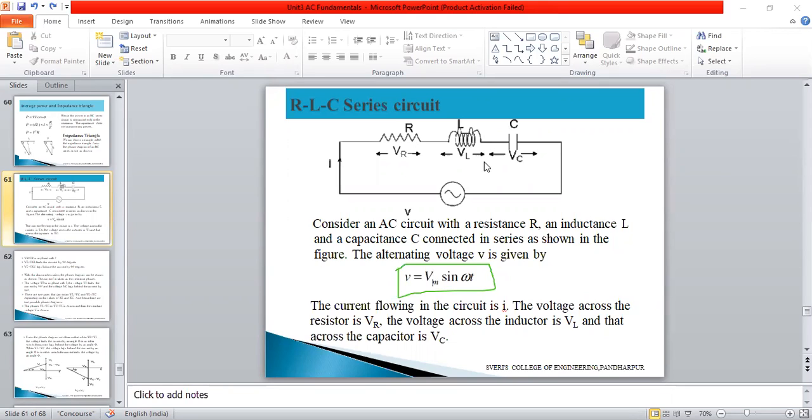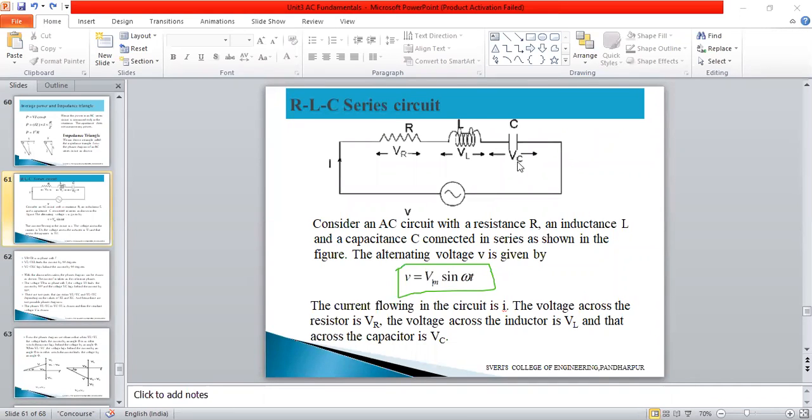Resistance. And similarly, for the impedance triangle, we can write this: XL is greater than XC. For inductance, we are going to find the reactance. If XL is greater than XC, then it will become RL. If XL is less than XC, then it will become RC. If XL equal to XC, then it will become an R circuit. So depending on these conditions only, we can write the equations.